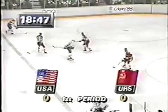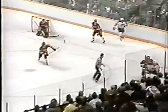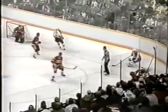We're back with 18:52 to play in the first period. No score. The U.S. and the Soviet Union at the Saddle Dome, as Snuggerud's shot is a stick save by Milenkov. The U.S. pressuring in the corner. Donatelli is there, and the puck comes loose as Snuggerud then centers it. Norton couldn't get his stick down, though. He was taken out of the play,